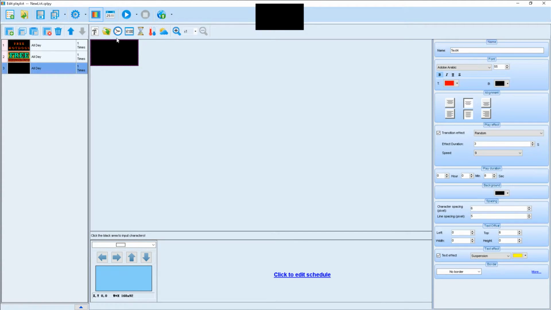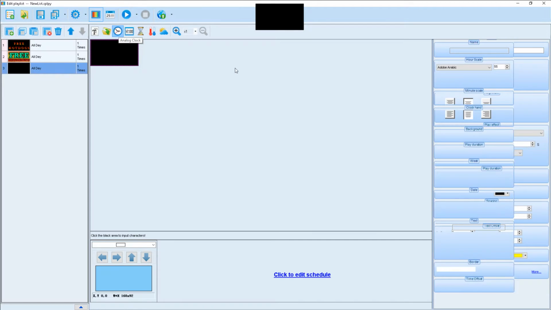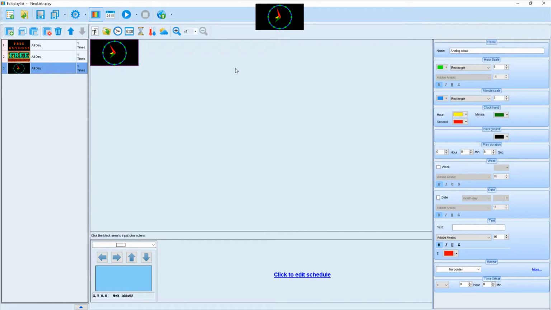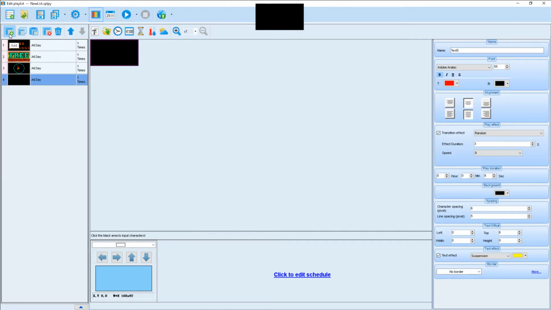I'm going to go ahead and add an analog clock. This is not very common and many of you will not use it, but I'm going to show it to you. Very simple. Our properties window has a bunch of options we have to choose from. We can change a bunch of colors, we can change the font size, the date. We can add a border to it or offset our time. Most of you will use the digital clock. We'll select digital clock,